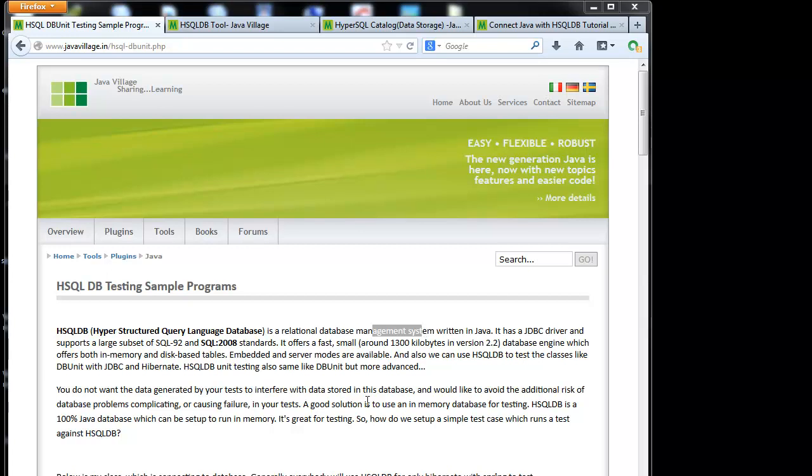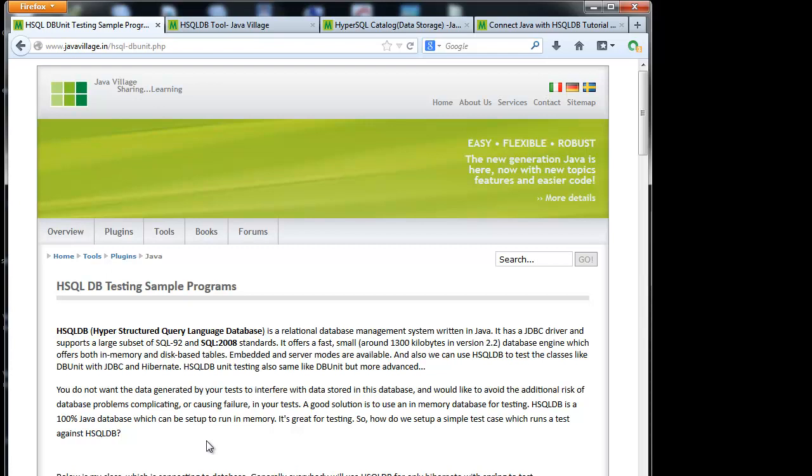If you have a doubt, HSQL DB unit testing is the same as DBUnit but more advanced. You do not want the data generated by your test to interfere with data stored in the database, and you would like to avoid the additional risk of database problems complicating or causing failures in your test.